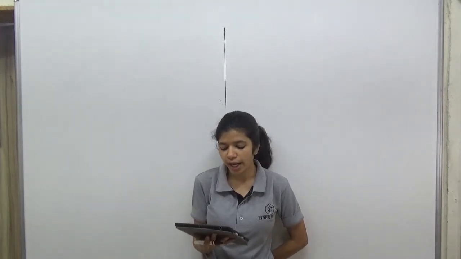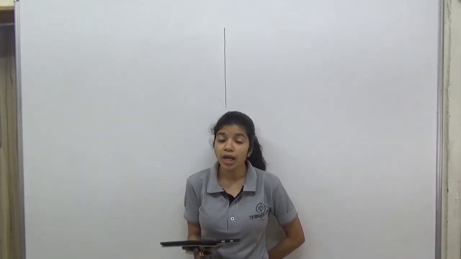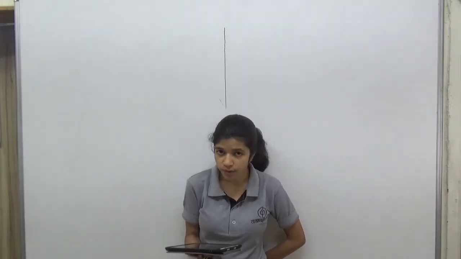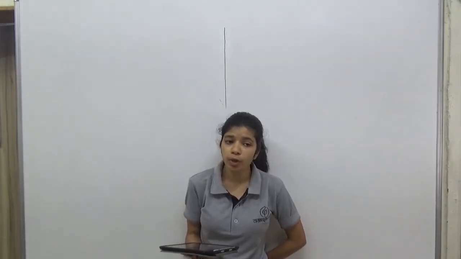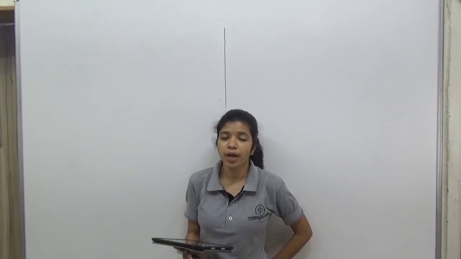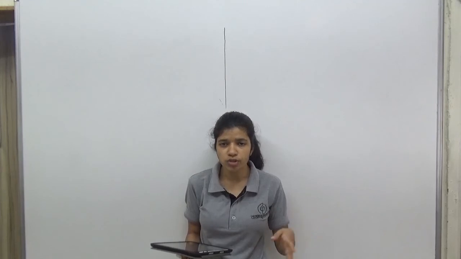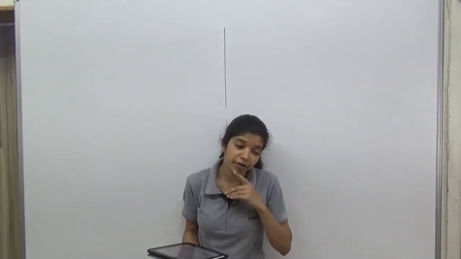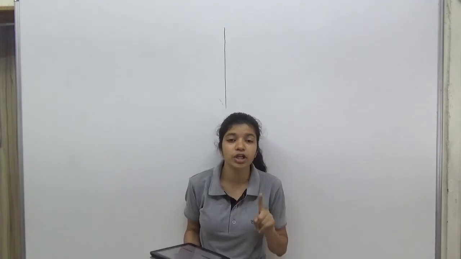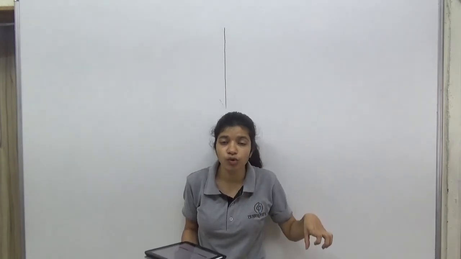Question number F2. The magnitude of the centripetal force acting on a body of mass m executing uniform circular motion of radius r with speed v is? It is mv square by r. ठीक है? And centripetal force is not a new force. क्या हम बोलते हैं कि भाई उस पे अगर 5-6 फोर्स लग रहे हैं, then net force will be in the direction of center. ठीक है, 5-6 फोर्स लग रहे हैं, normal, electrostatic, gravitational, friction and spring force. Let's say these 5 forces are acting on it. Then if it is moving on a circle of radius r with a constant speed, then the resultant of those 5 forces will be in the direction towards center.